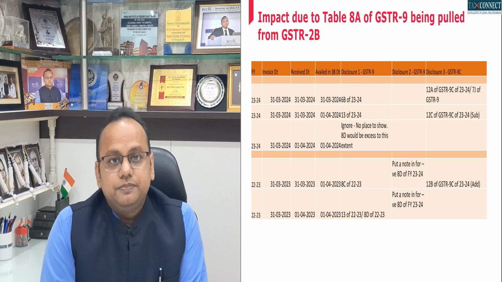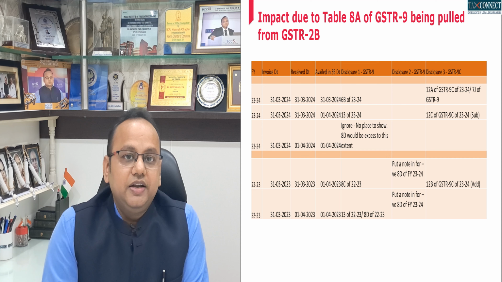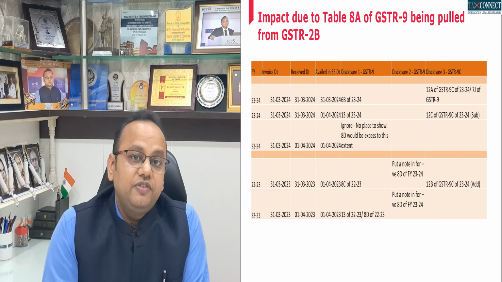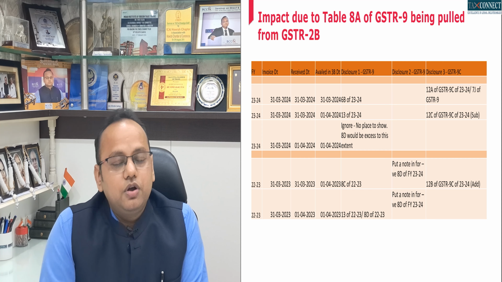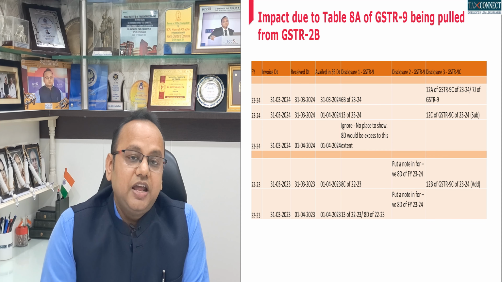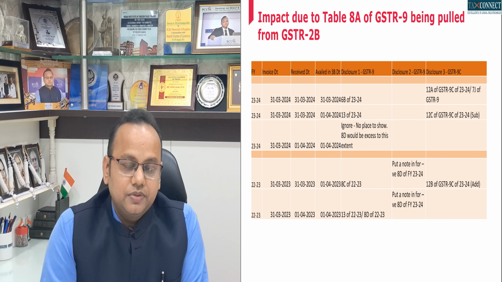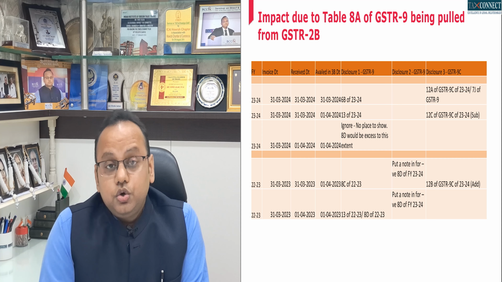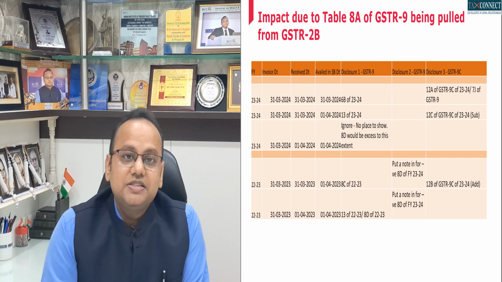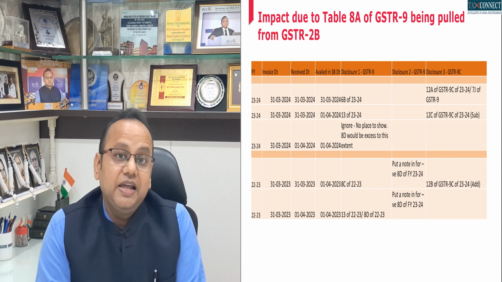However, second, say invoice date is March 24, you have received the goods or services in March 24, however, the invoice did not reflect in the 2B of March 24 and you have taken the input tax credit in April 24 and it reflected in the 2B of April 24. In such case, table 8A of GSTR 9 would not have this input tax credit, and in case you take this input tax credit, that is invoice of last year but availed in the current year April to October, in table 8C,